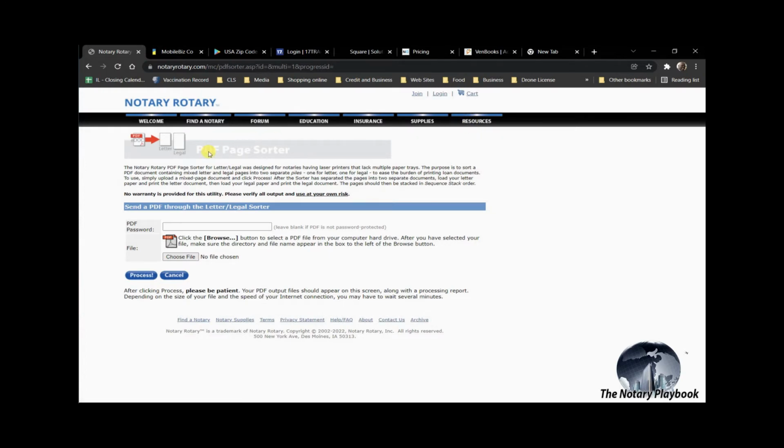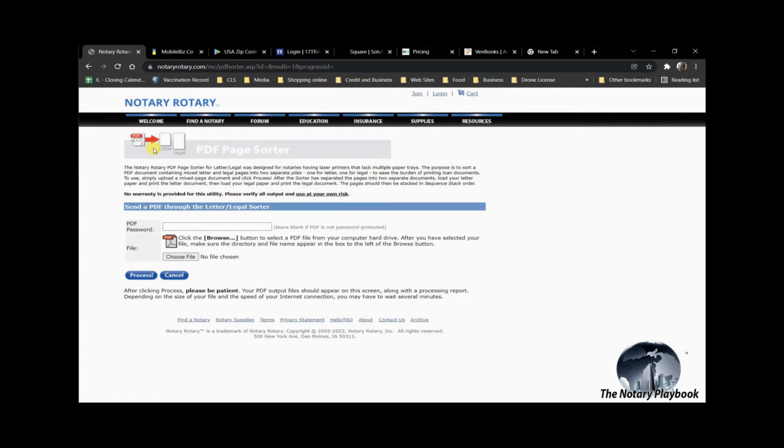Basically, remember how I told you that in Adobe Acrobat you get the PDF file, and that's got your documents for the loan. Well, the PDF file also has different page sizes, and title companies and signing services are a big stickler. You have to print it on the size that's designated by the paperwork. They want the legal size docs printed on legal size paper, unless they tell you it's okay. But as a general rule of thumb, print it the way they want it. If you don't have a dual tray printer,